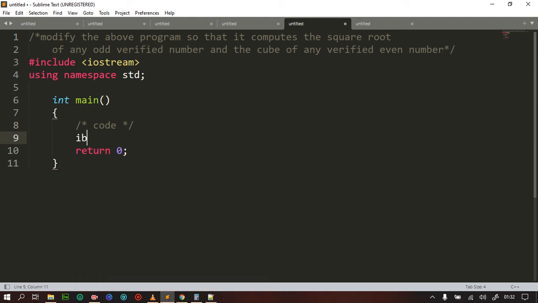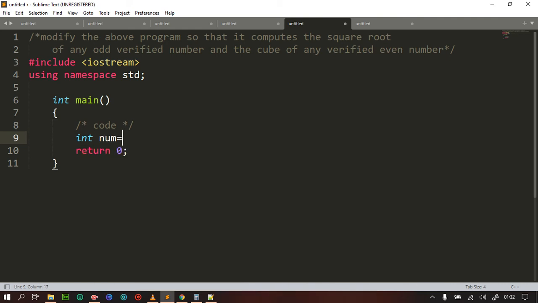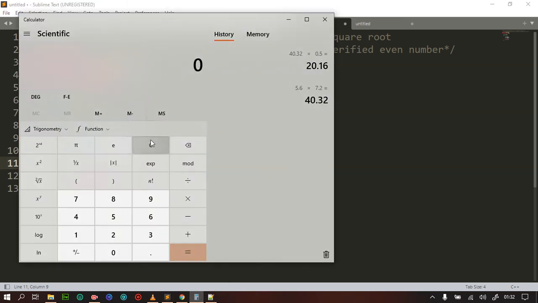So of course we shall say int num. Num is 0, then we have int cube is 0, then we have another one which is called square root. Does it have floating sections or is it only a whole number? You can check it out. So I can come here and say,